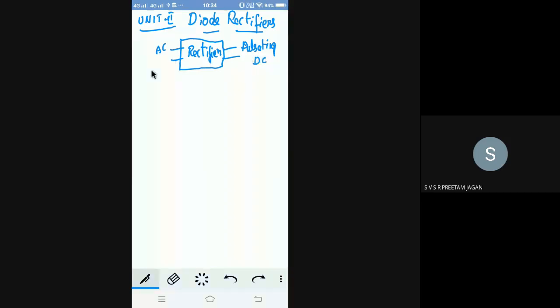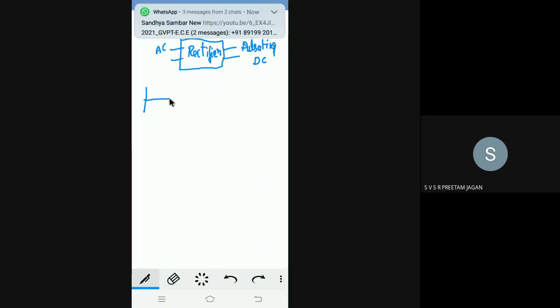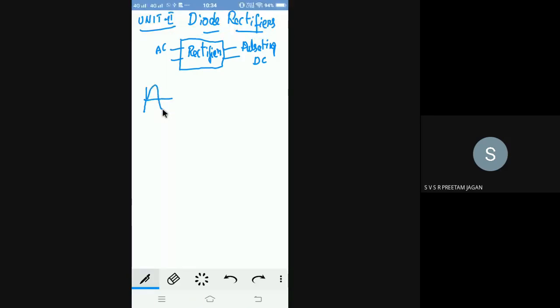I will tell you what it means, it is a pulsating DC. Why is it called pulsating DC? All of you know that it is a signal. Which signal is it, an AC signal or DC signal? AC signal. AC, sir. AC signal, right? Which signal is it? DC signal. Yes, it is an AC signal and it is a DC signal, right?